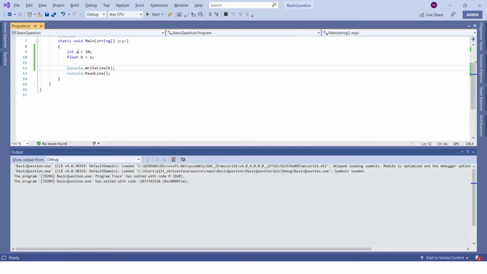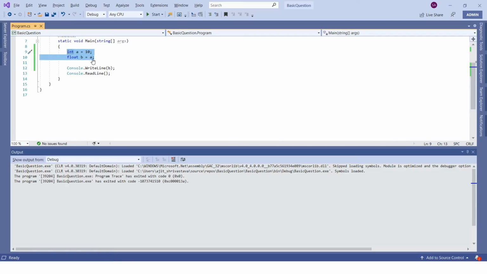So how is it possible? You have taken a variable of type int and you're trying to store its value in a variable of type float, which is b. So here implicit conversion is taking place. The C# compiler, at the time of executing, will simply typecast this int to float and you will be able to store this value.